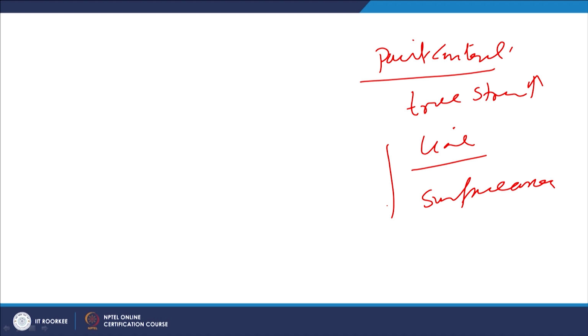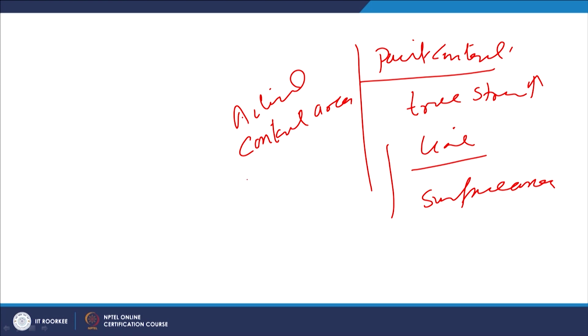And because of this, when the true stresses are higher, we can say the actual contact area will be higher, while in other cases when the true stresses are lower, then due to the limited stresses, the extent of the deformation of peaks and valleys present at the surface layers will be limited. So, the actual contact area will be